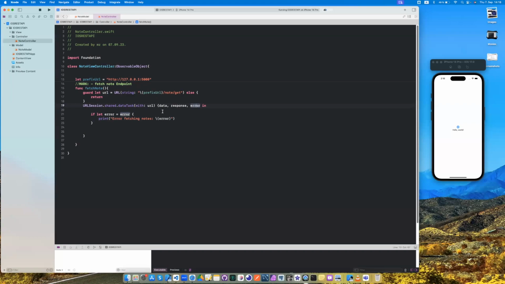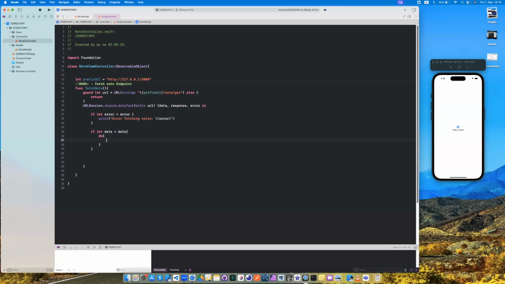If you have error, if we have response, actually at this time we don't want to work with response, because if you want to know which response code you get, you can write this response as well. But what I need to do, it's important to get data. Actually, simply like error, we can say if we have data,